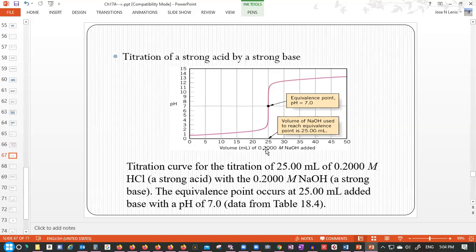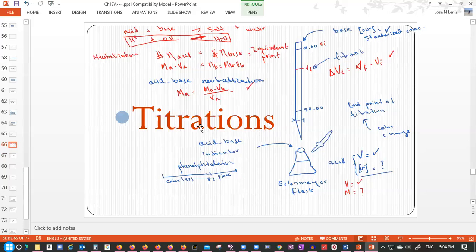So remember, we know exactly what is the concentration. Since we are titrating strong acid against a strong base, usually also